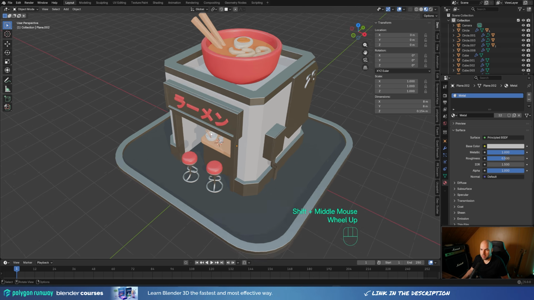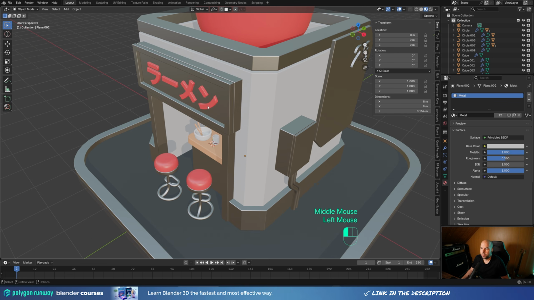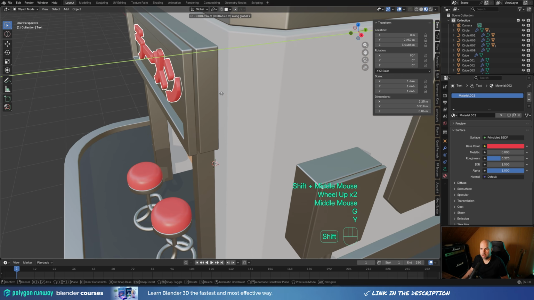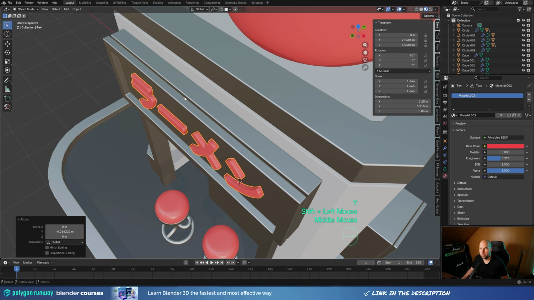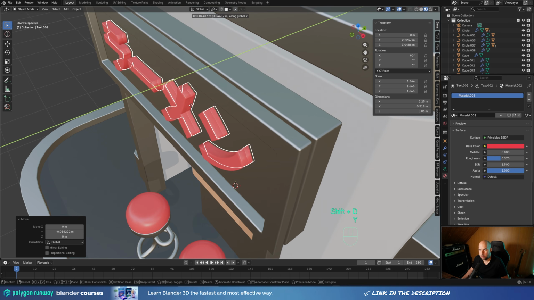Now when it comes to signs, I really like to give these signs a little bit of an emission, but if you just select this material and make it emissive, you will lose some of its volume and it will just be blown away basically depending on the intensity of the light emission. So what I like to do instead is to press G then Y, move it a little bit back here, and then press Shift D then Y, move it back here,